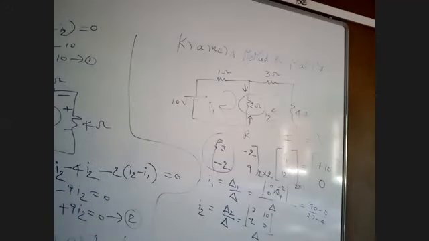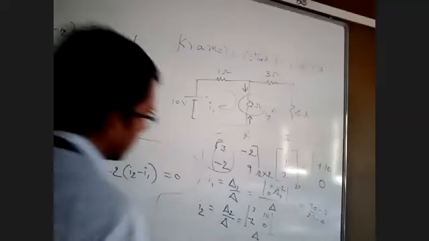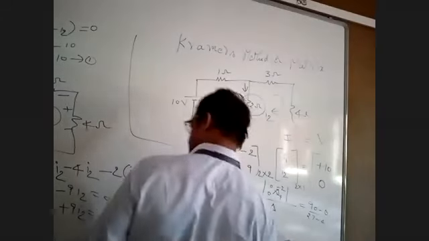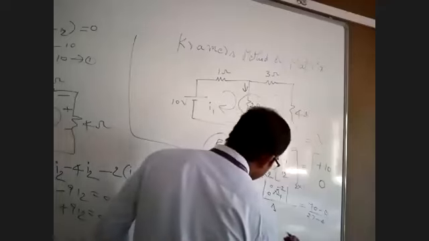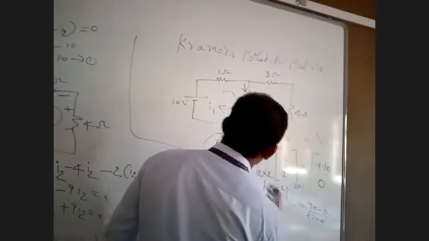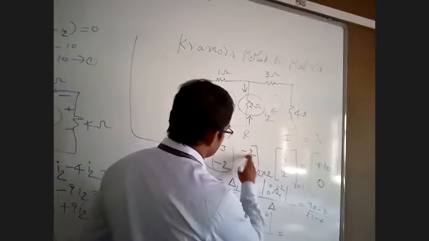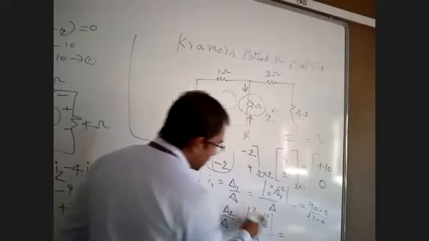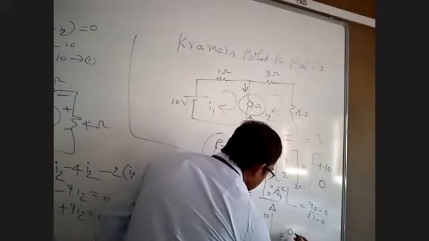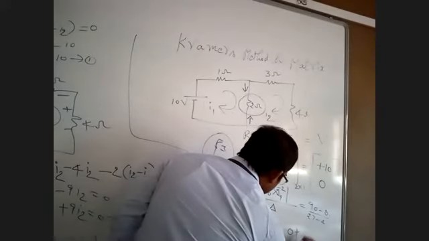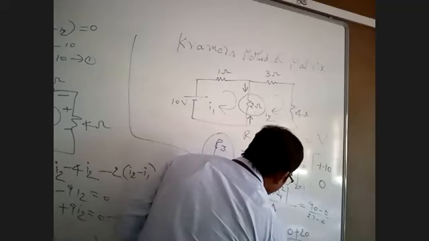Delta is the determinant of that matrix. Next here. What is the determinant? 3 into 0, 0, plus 20 by